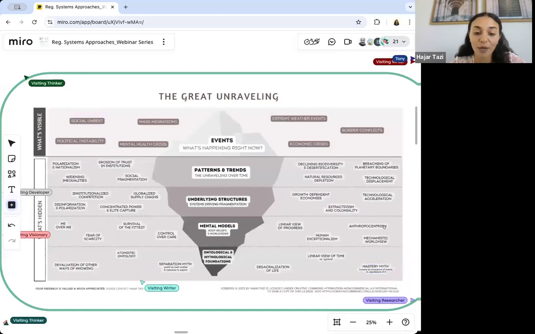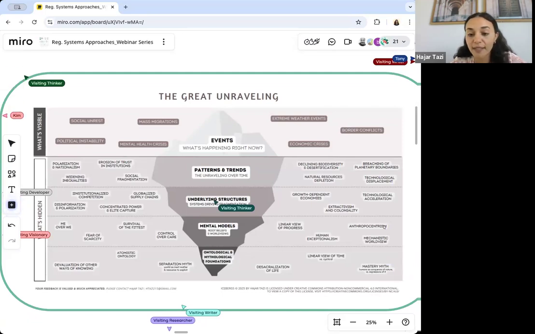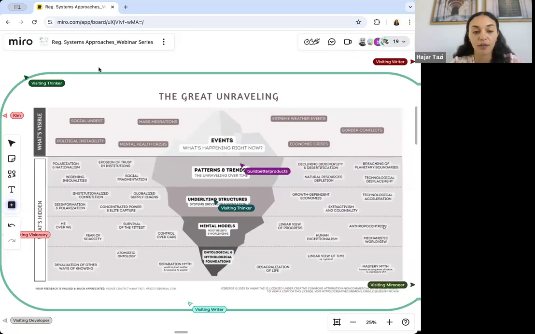And at the very base of the iceberg, we find the ontological and mythological foundations. These are the stories that we've been told ever since we were children that have conditioned us to see the world through the prism of separation, to see science and rational thinking as being on a pedestal compared to other ways of knowing, such as intuition, ritual, reverence, all the other ways of knowing that allow us to profoundly commune with one another and with nature. And again, we find the separation myth, this idea that the earth is inert matter, which gives us the right to exploit it, that life is not sacred, that time is linear, and that we as human beings are masters of nature. So this is the first iceberg, depicting the state of the world.